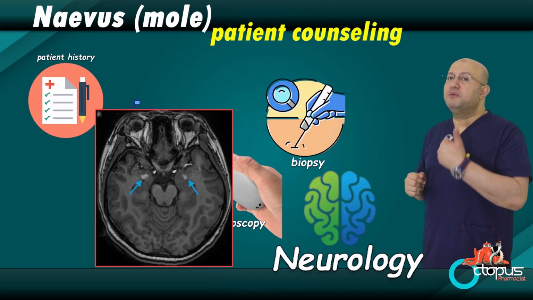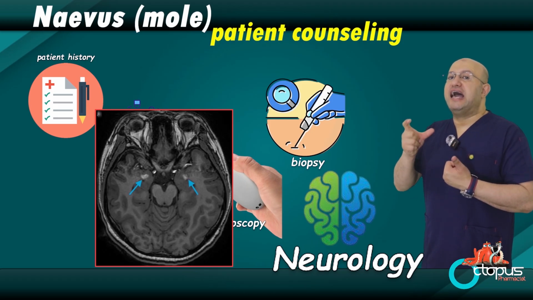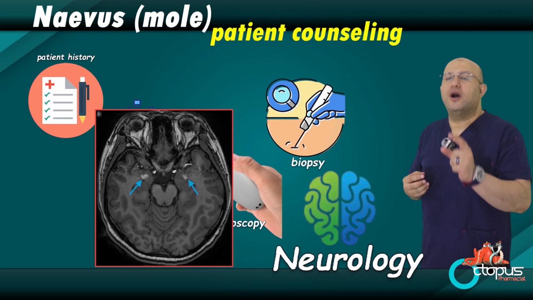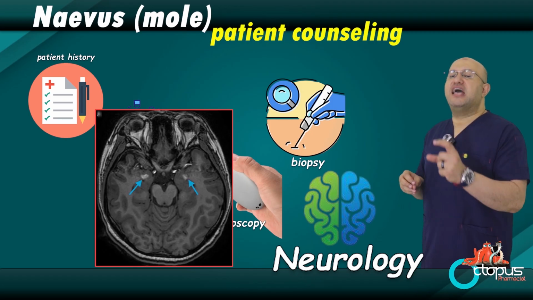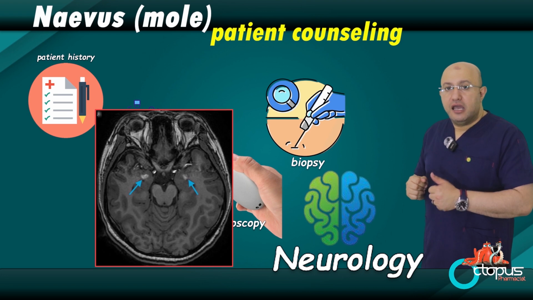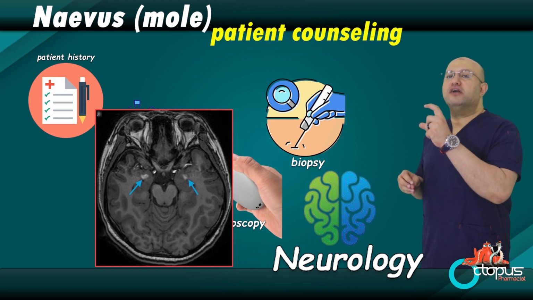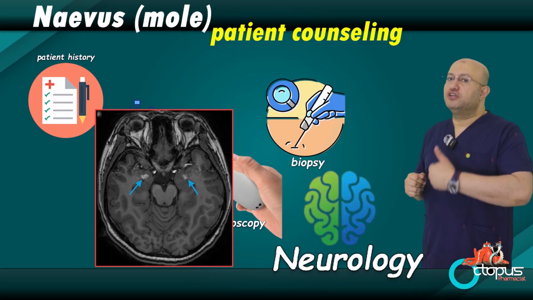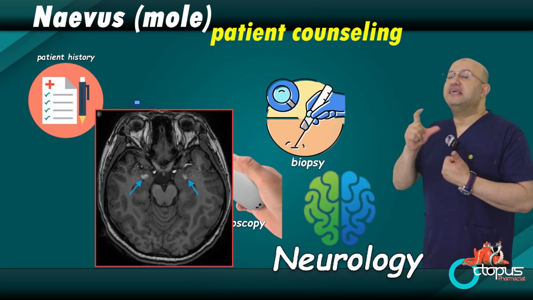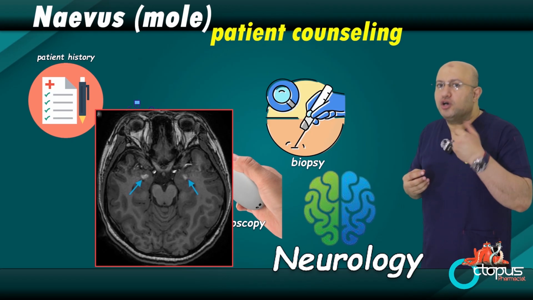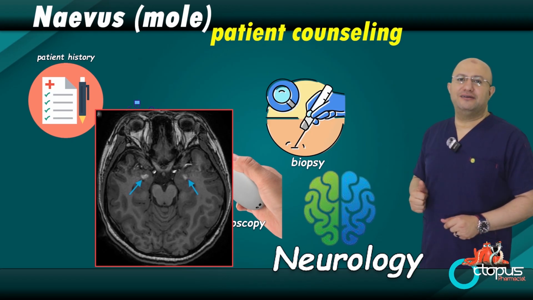The last important point is about children with large or special types of nevi, especially those that appear in the first weeks after birth. In these cases, it is not enough to see only a skin doctor. The child should also be followed by a brain and nerve specialist, neurologist, or neurosurgeon. The reason is to make sure there is no involvement of the brain or nervous system, and to check early for any possible neurological problems. As we explained before,